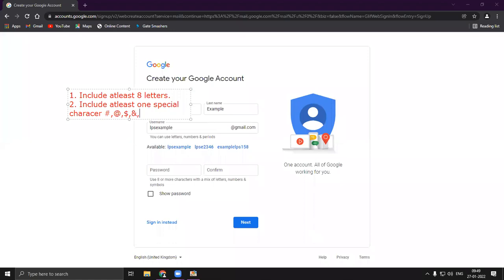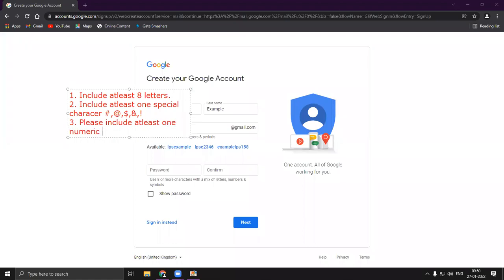This sign is known as the ampersand sign, or you can simply say the and sign, right? Let's say the exclamation sign. So these are considered special characters, and please include at least one number also, one numeric digit. Okay.